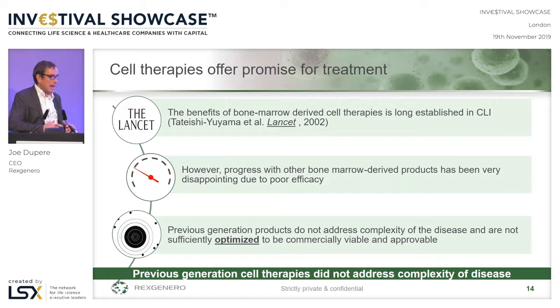So CLI and bone marrow-derived therapies have had a long history. There was quite a seminal paper in the Lancet back in 2002, postulating the use of bone marrow cells to provide cytokines to stimulate angiogenesis. However, despite many cell therapy products being developed for this indication, the progress has been very poor, primarily down to the efficacy not being significant enough to either get through a clinical trial or to be relevant for patients. And we believe that this is because the previous generation of products